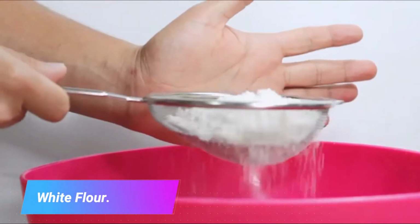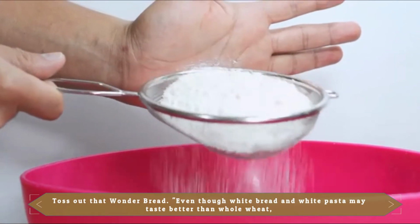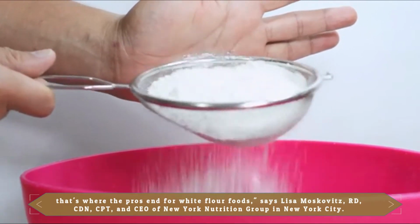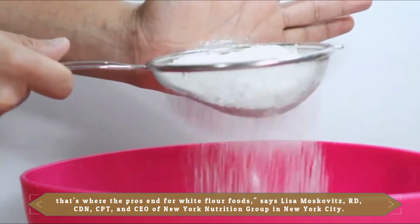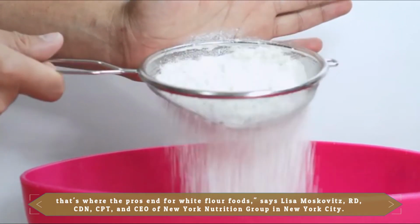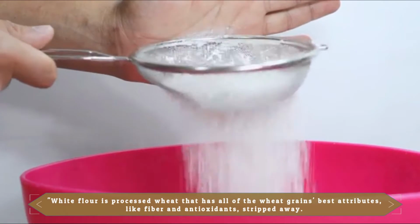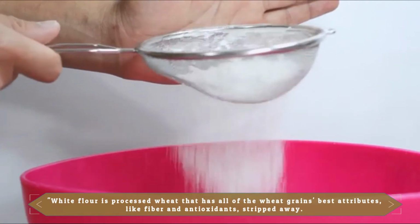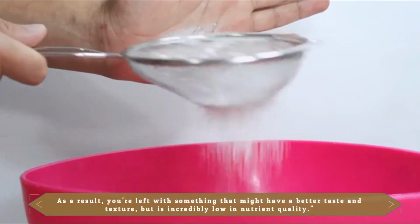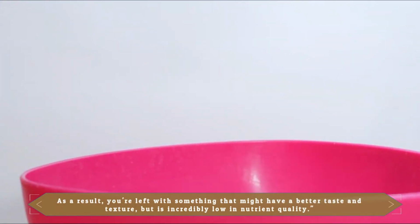White flour. Toss out that Wonder Bread. Even though white bread and white pasta may taste better than whole wheat, that's where the pros end for white flour foods, says Lisa Moskowitz, RD, CDN, CPT, and CEO of New York Nutrition Group in New York City. White flour is processed wheat that has all of the wheat grain's best attributes, like fiber and antioxidants, stripped away. As a result, you're left with something that might have a better taste and texture, but is incredibly low in